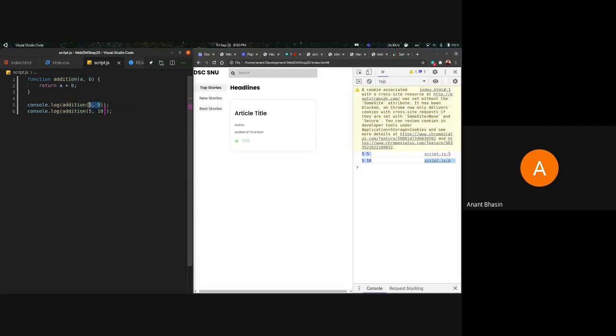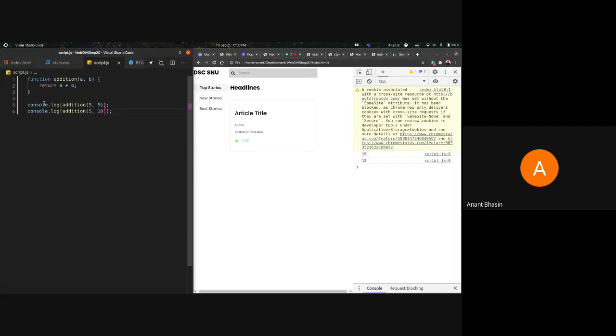For 5 and 5, it should give us 5 plus 5. For 5 and 10, it should give us 5 plus 10. Let's reload. Now you can see addition 5 comma 5, A comma B, so A is equal to 5 and B is equal to 5 is giving us 5 plus 5. 5 comma 10 will give us A is equal to 5, B is equal to 10, 5 plus 10. So that's a very basic introduction to functions.